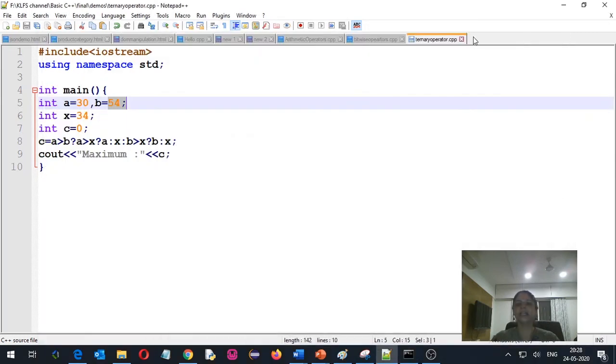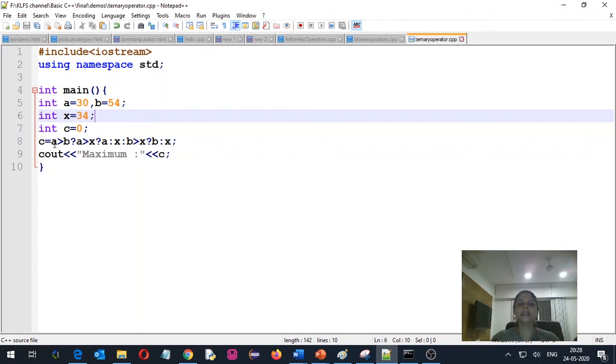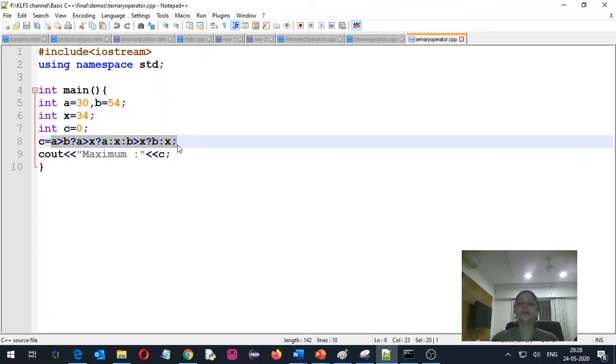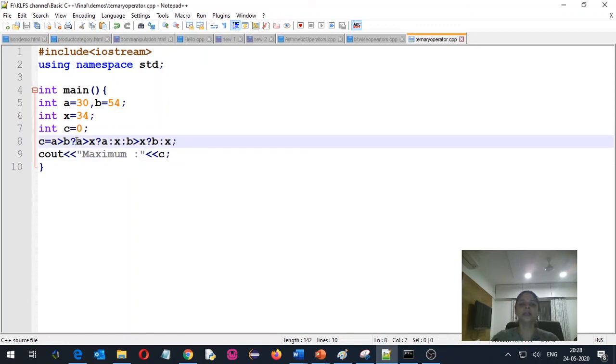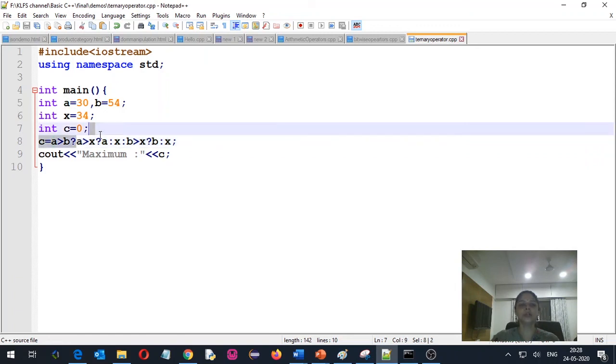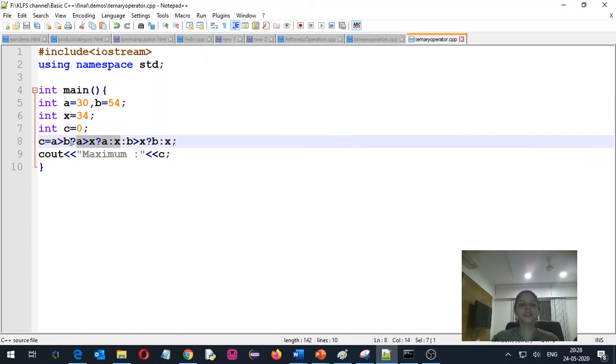So you can say that instead of writing nested if else, I can write a very small code by using a nested ternary operator. So a ternary operator can be written in a nested way, in which for every ternary operator a true and a false part has to be there. So this is the true part of the first ternary operator and this is the false part of the first ternary operator.